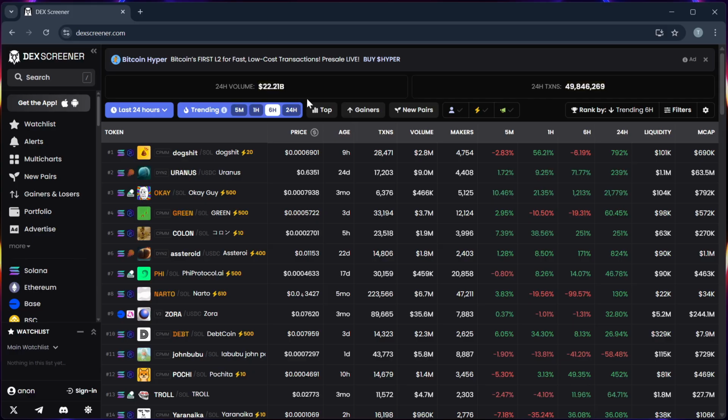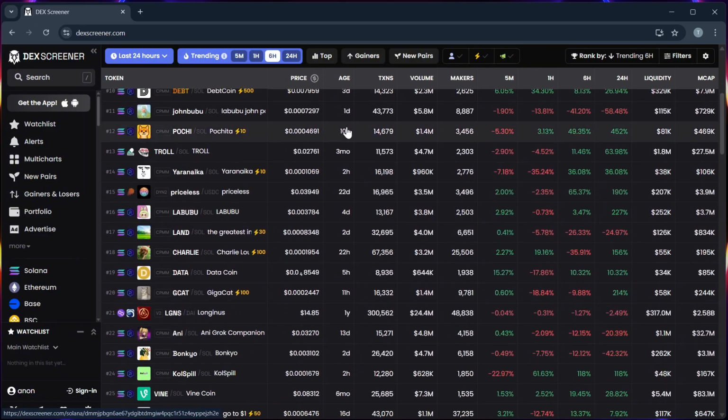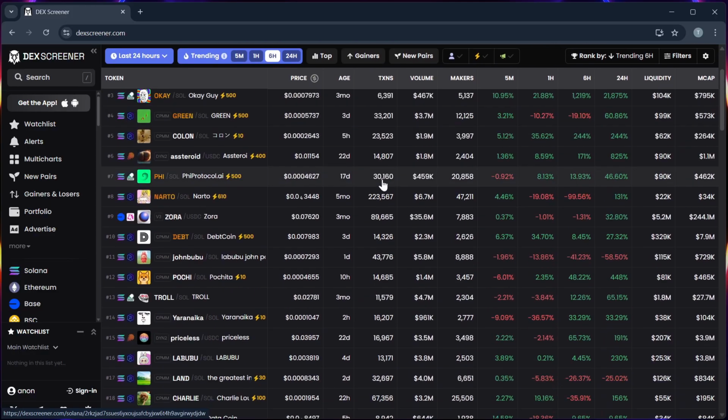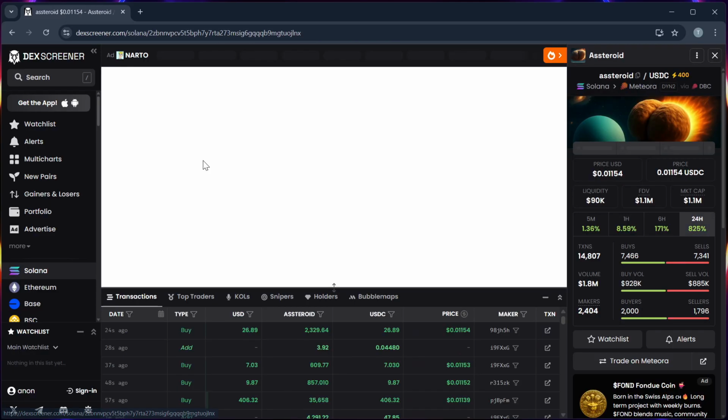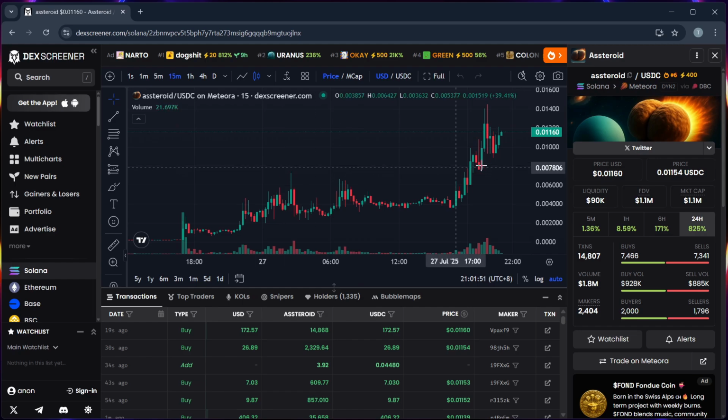method. Step 1. Go to DEXScreener.com and search for the token that you want to trade. You can filter by chain like BSC, Ethereum, or Arbitrum, and look for volume, liquidity, and price trends. Step 2. Once you find your token, click on it and you will see the live charts and transaction history. Under the DEX section, click the trade icon and it will redirect you to the appropriate DEX, such as PancakeSwap